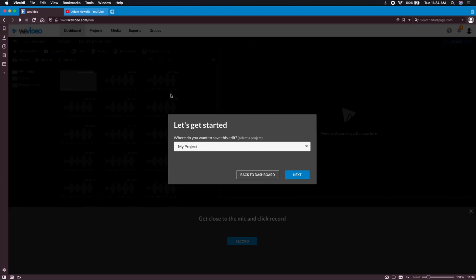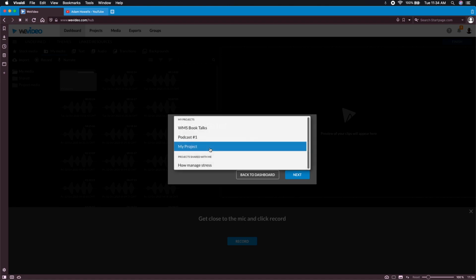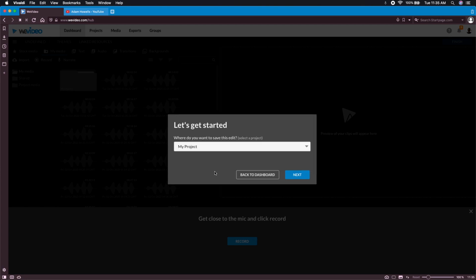So once you see this, where do you want to save this edit? It should default to My Project. This is basically a folder, and the drop-down menu is a list of my folders. But if you haven't used it before, you probably just have My Project, and you can add more folders later, but you also don't have to. Just click Next,